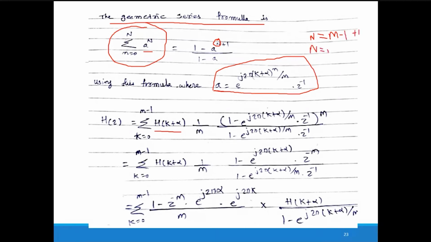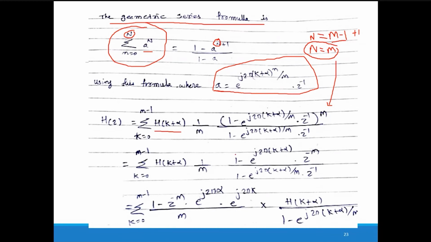So that's why here you notice the notation is capital N, but here I am using the notation m. This is the reason, because n is equal to m minus 1 in our particular case, or whatever equation we are using, the value of n is from 0 to m minus 1. So maximum value is m minus 1. So here as per the equation we have to write m minus 1 plus 1. So you are getting n is equal to m. So that's why I am writing the raised to m over here.